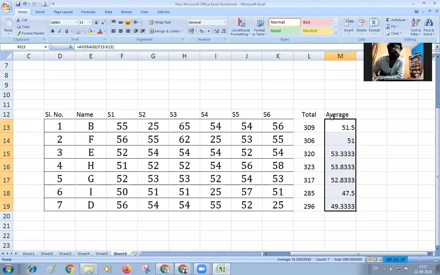Have you gone through this average? If this is the average, we have got the average here. Then we need to go for the 2 decimal points in the form of average percentage. For that, I can go to the number ribbon, and you can easily click on increase decimal and decrease decimal to increase or decrease your decimal point.